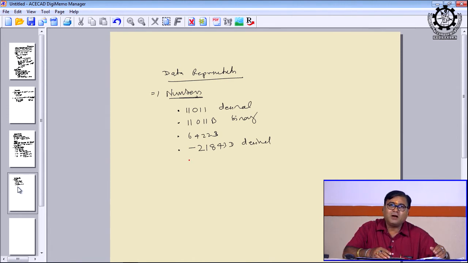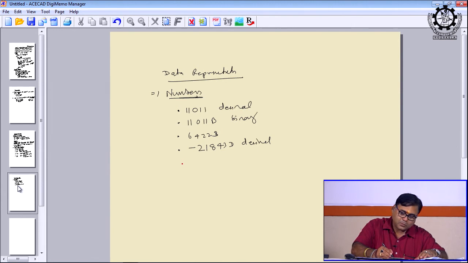And remember, what is the advantage of the assembler directive? If you have to write a negative number, you have to show it in 2's complement in 8086. But using the assembler directive, you can write a negative decimal number also. That is the advantage of using the assembler directive. This is invalid.